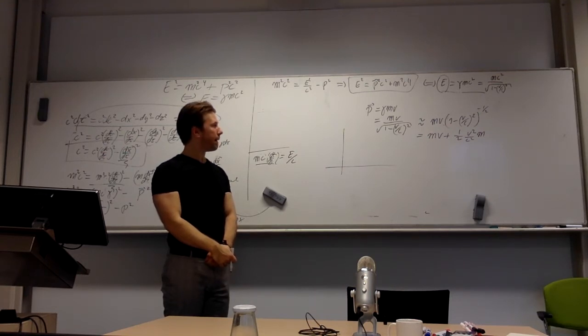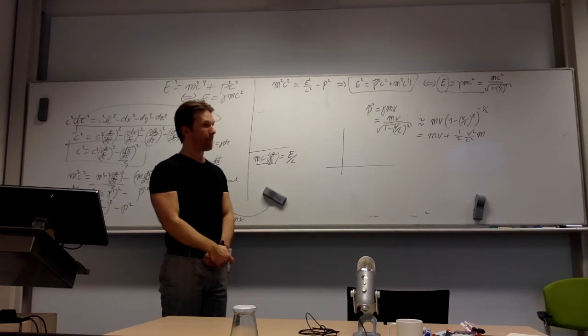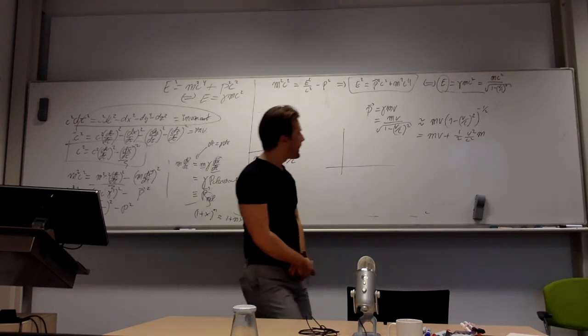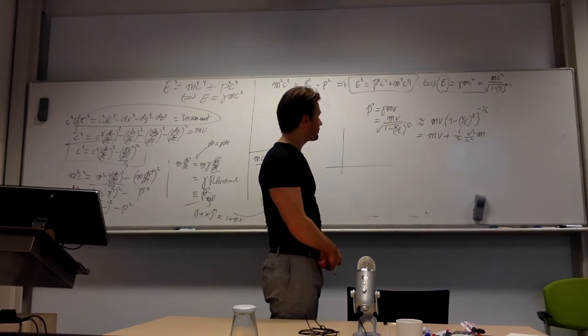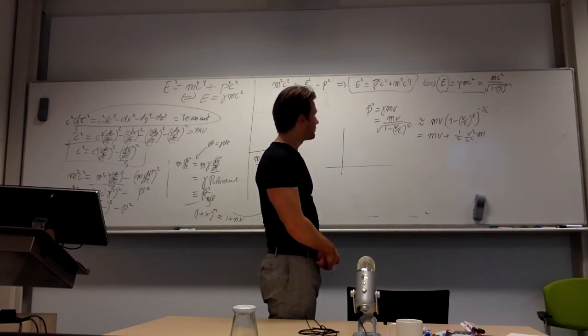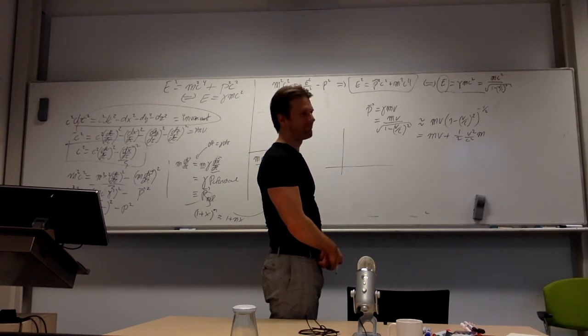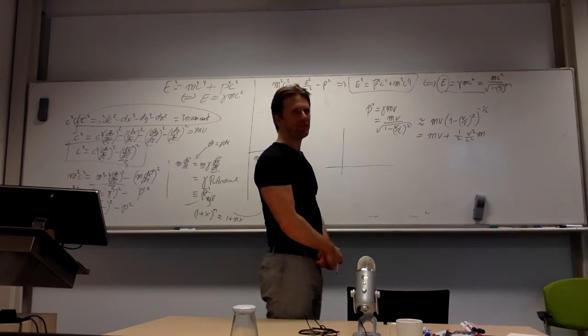Can you say from this that if you have mass, you cannot go with the speed of light? Oh, that's interesting. Why? Because if mass is something, then you have something over infinity, so that would mean that p would be infinite, that means that the energy would be infinite. But if mass is then 0, we have 0 divided by infinity, and maybe